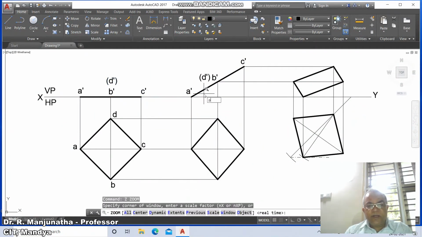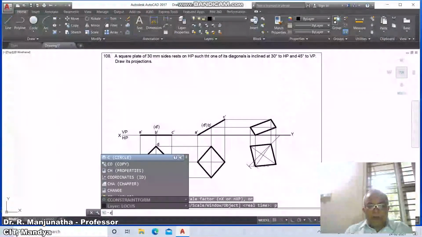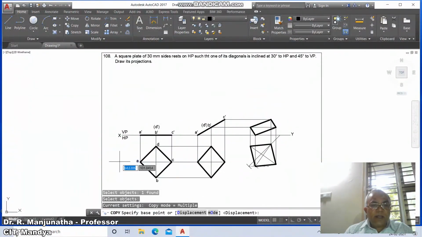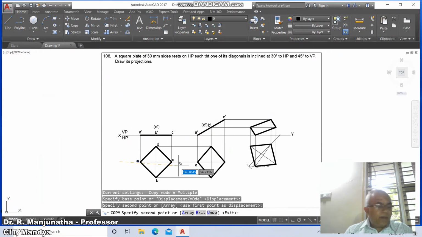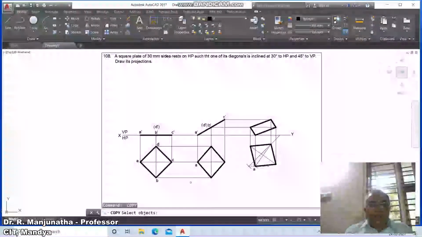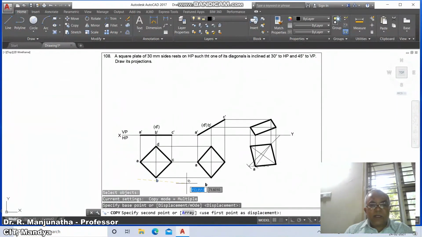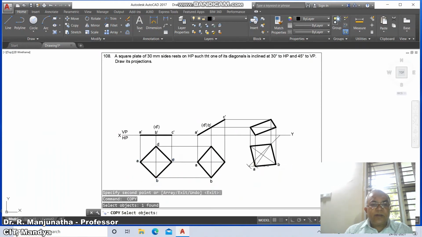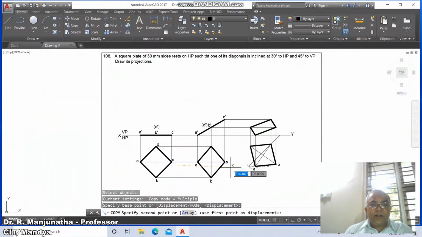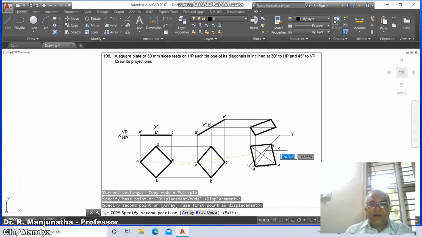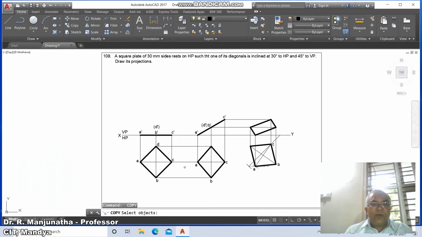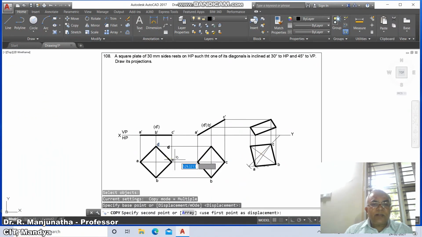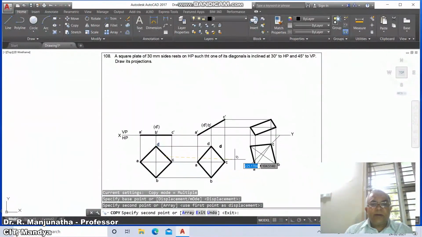Then go to zoom previous, then go to copy, select A and copy this here, and again that A will be copied here. Then go to B, select this B here and you type B here. Similarly, you take C, copy it till here and that C will come here. Then go to D, you select this point here and you copy this here.